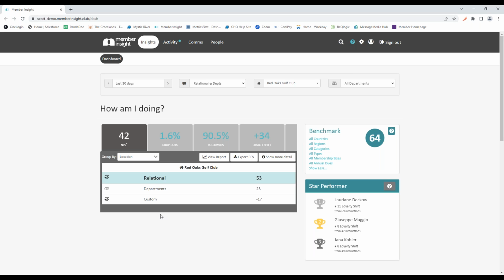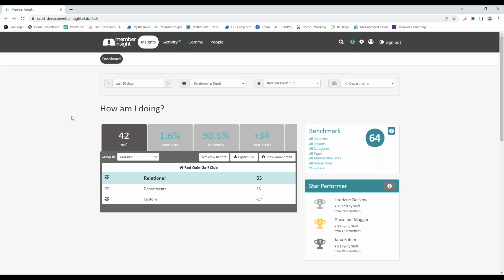So now within here, there are 4 different types of surveys. You're only able to see 3 of them right here. The first one is our relational survey. Those are going to be surveys along the lines of, when a new member joins, we want to survey them in their first 30 days at the club, and then 90 days, maybe 6 months and a year. Those are going to be automated surveys that are scheduled to go out when you sign up a new member and build their membership profile.